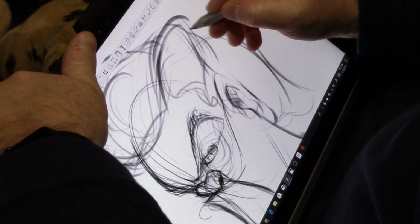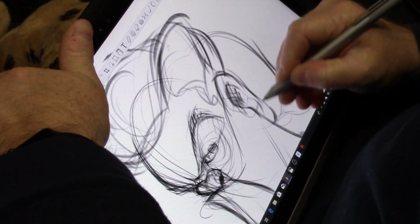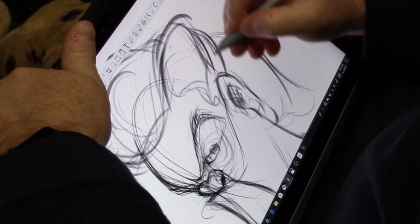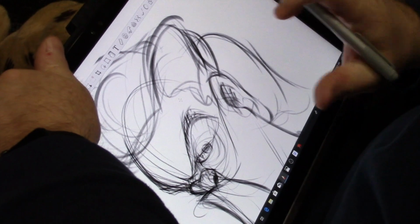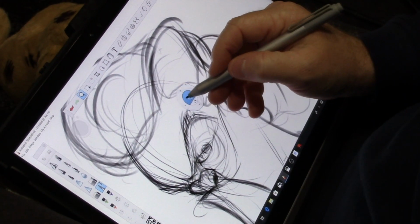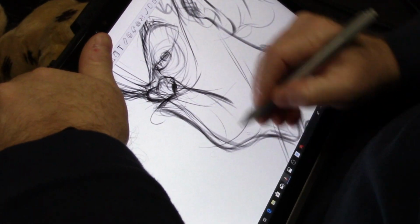Now I draw a lot on my Cintiq for professional work, but what you guys are seeing today is what I do pretty much. I'll sit down in the morning, I'll start drawing, and depending on how far I get, depending on what device I'm on,